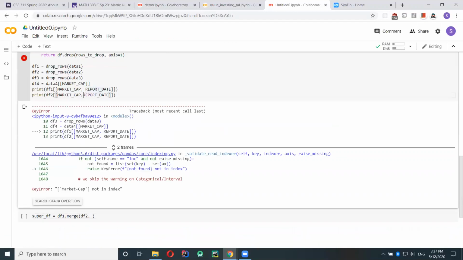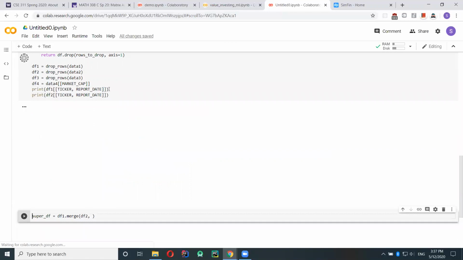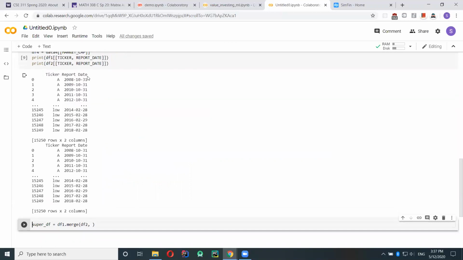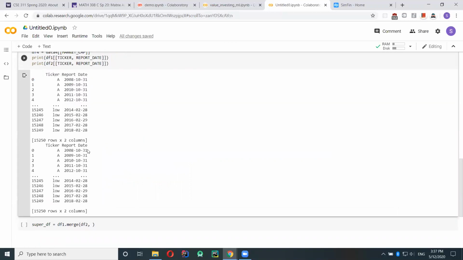Let me just print these out real quick. Okay, you can see that there's a bunch of tickers and report dates.